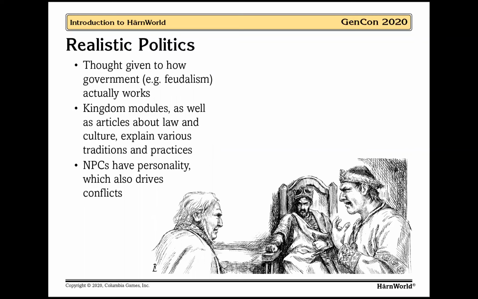And that's something that we try to do in the different kingdom modules. When we outline the government, we explain how the government works and who the people are who are in charge of different parts of it. It's not just the king making all the decisions. The king has people who report to him. Essentially, we show you the org chart for the kingdom, for the top levels. We give you names of people and who's responsible for what, so that it helps